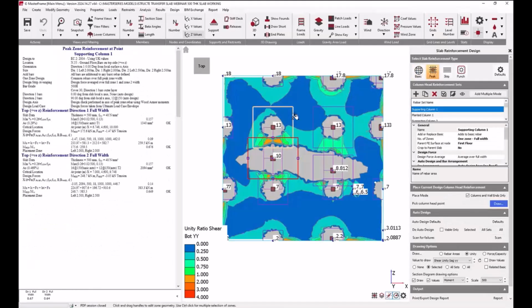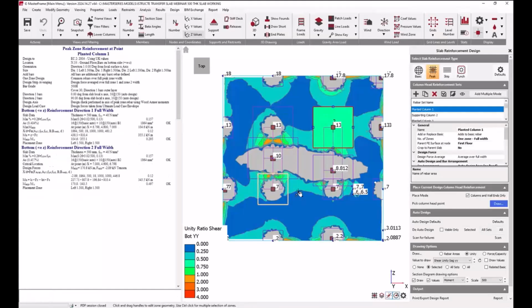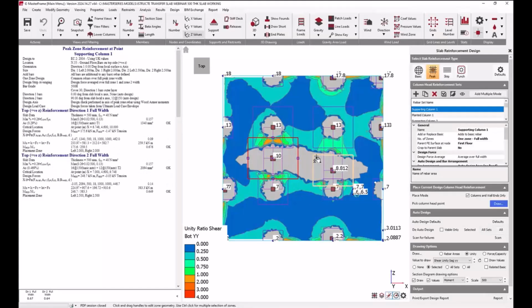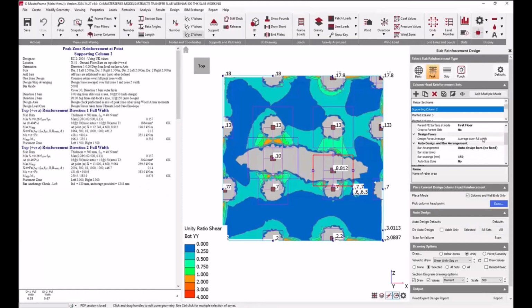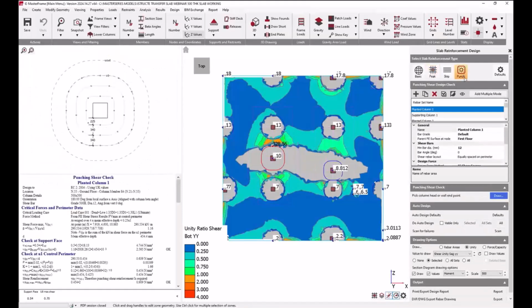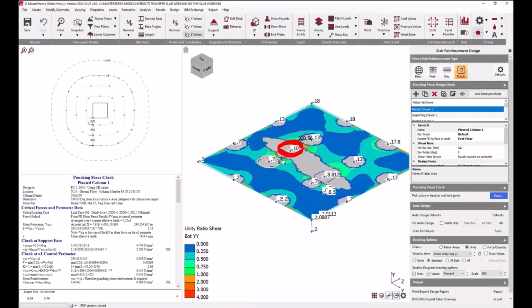So if we review our peak zones here, as I mentioned, we've got our planted columns and we've got our supporting columns there with reinforcement on the top. And then if we check our punching shear checks, we want to assign punching shear checks to all column and slab intersections. First thing we would recommend is that all your punching shear checks are set up to use the